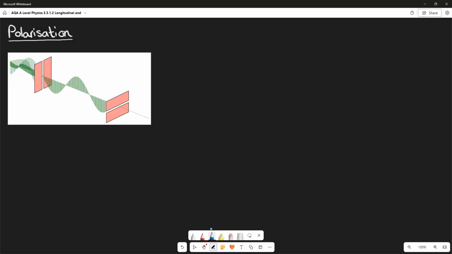So we've seen that polarization is something that can happen to transverse waves and transverse waves only. So if a wave is capable of being polarized, we know that it's not going to be a longitudinal wave, it has to be a transverse wave. Light is a transverse wave and light can be polarized. We use polarization and these filters in things like sunglasses,